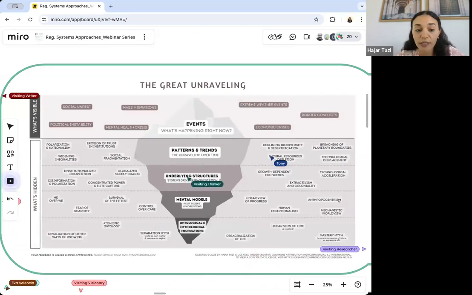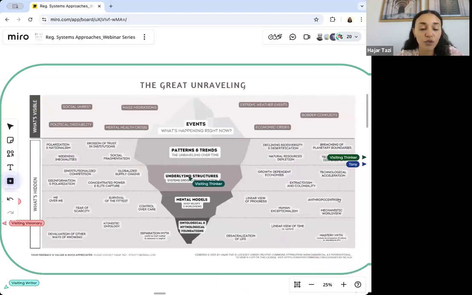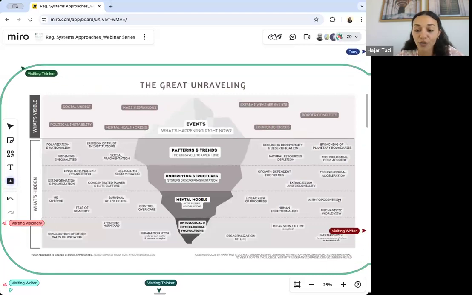And deeper still lie the structures that underpin these patterns and trends and give rise to these events. These include our globalized, growth-dependent economies, extractive technologies, and systems that institutionalize and promote competition, and also fragmentation and disconnection from the self, each other, and nature.